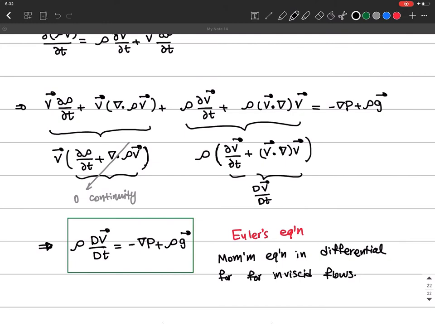It's a little bit harder to get the viscous force in terms of the velocity, and that is what we call the Navier-Stokes equation, which is the momentum equation in differential form for viscous flows, for any general flows. It's a little bit more complicated than this equation, which is Euler's equation, where we don't have any viscosity. Okay,